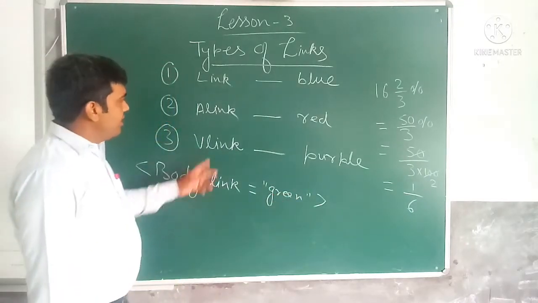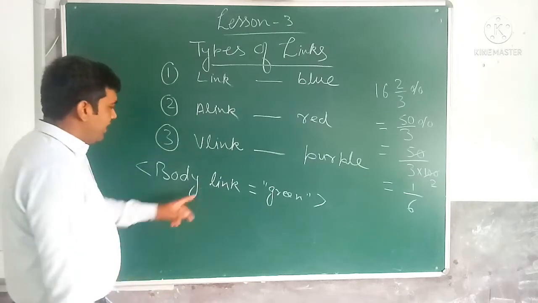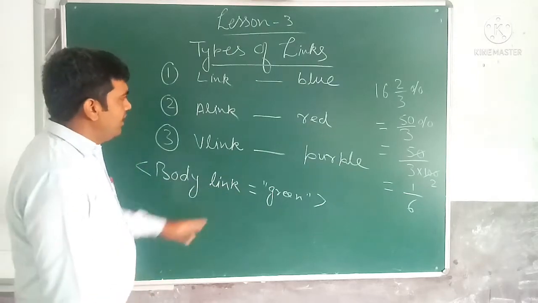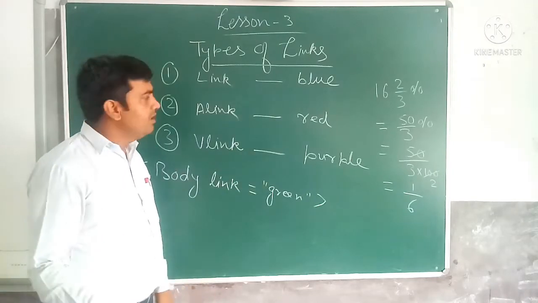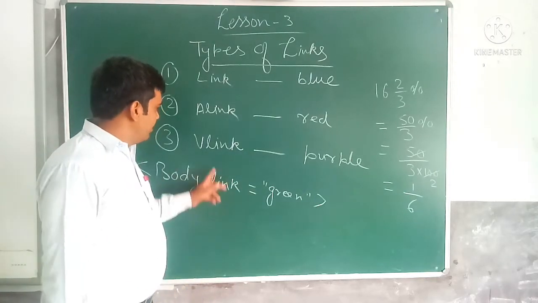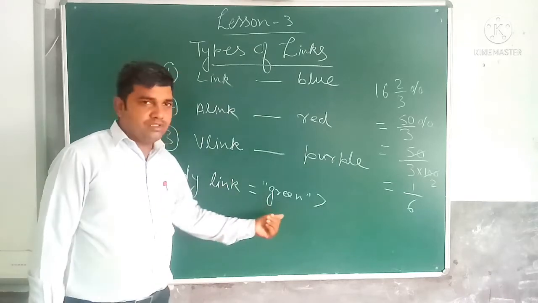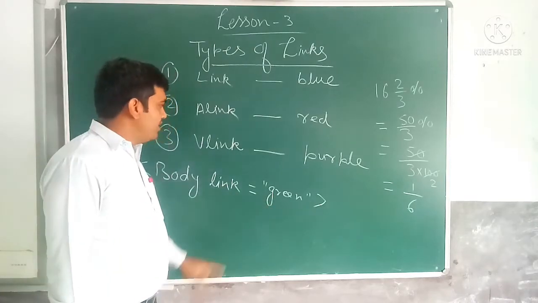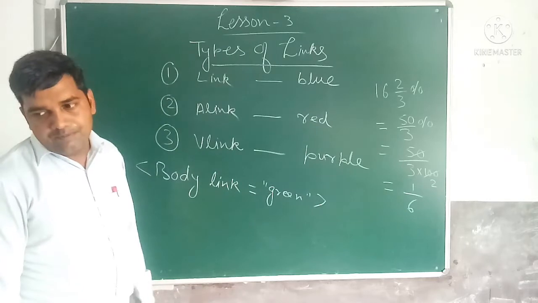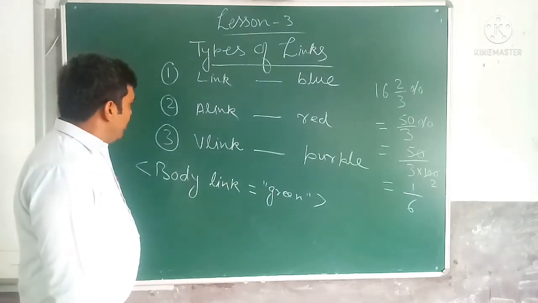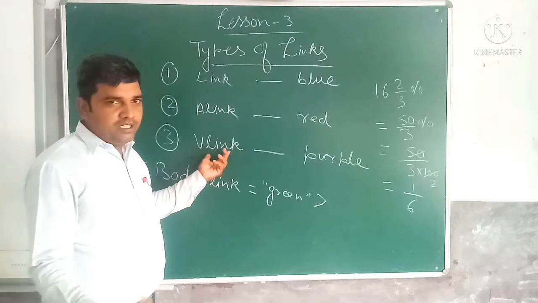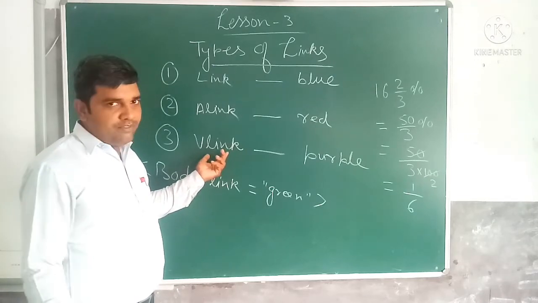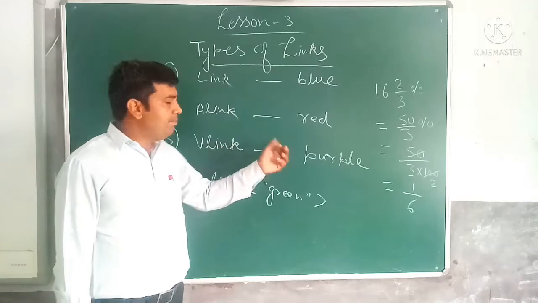If you want to change the active link, how do you write? alink equals to. Here red is given, so you can write green or some yellow color or peach puff, any other color you can give. Similarly, body vlink equals to some color you specify, so the visited link will appear in that color. When you open a link, the next time you open that link you will find it in purple color.